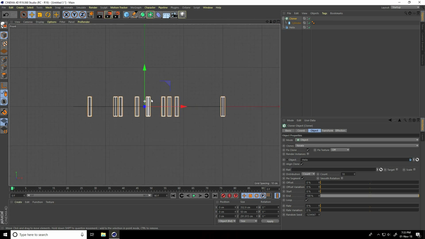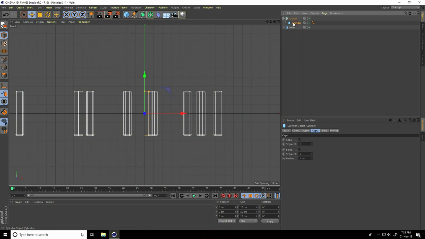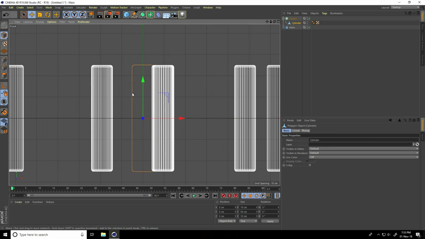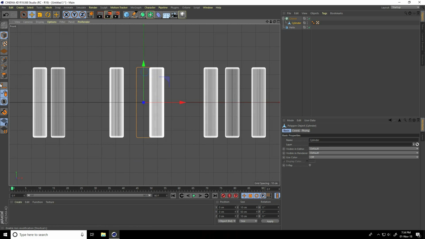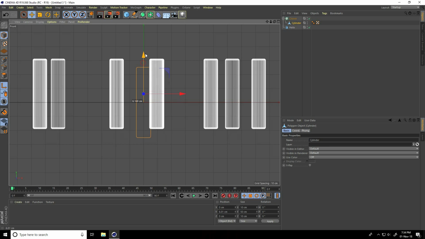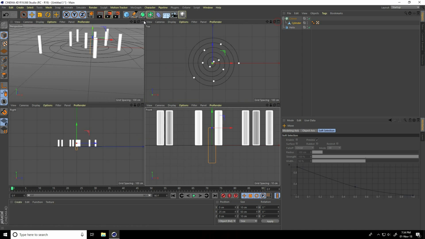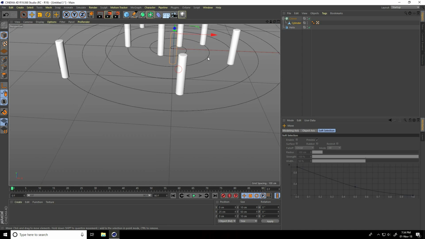Guys, change the viewport. I go on front view panel and select this cylinder, only the cylinder, and make editable. Click here. Yes, and change, guys, center pivot. Click here, this is my enable axis. Click, go on top, position, Y position I take 25 centimeters and press enter and uncheck this enable axis. See guys, right?